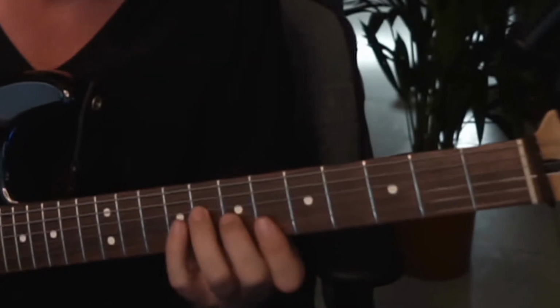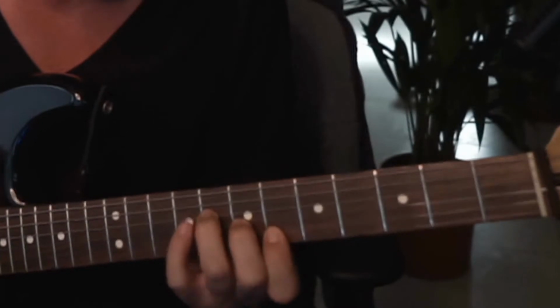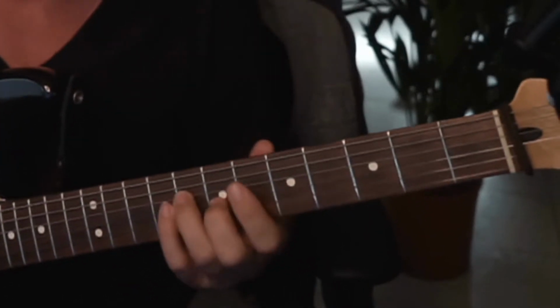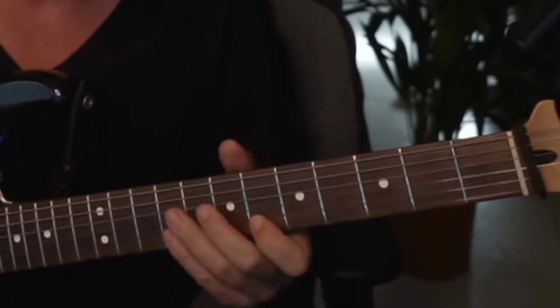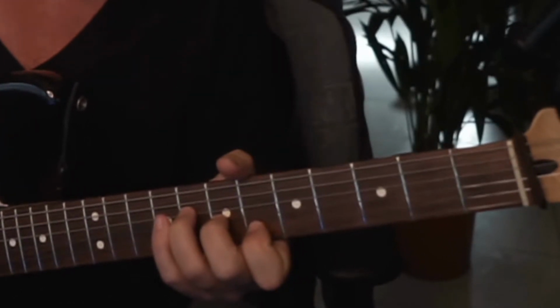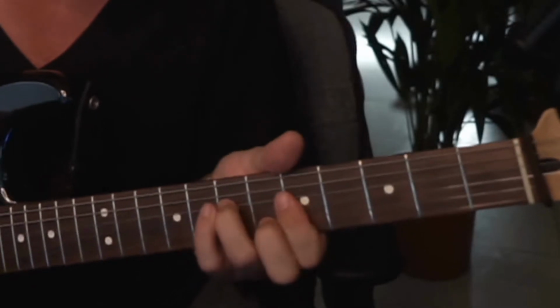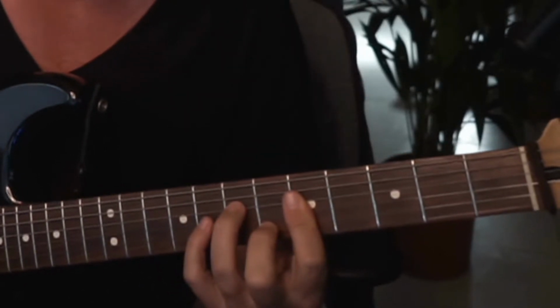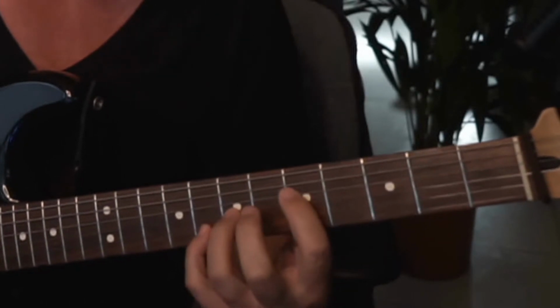And then it's a B flat triad. So that's up on the 8th on the D, 7th on the G, 6 on the B. Back to an F. F. And then the last one is I put in a G here, but it's just a kind of a